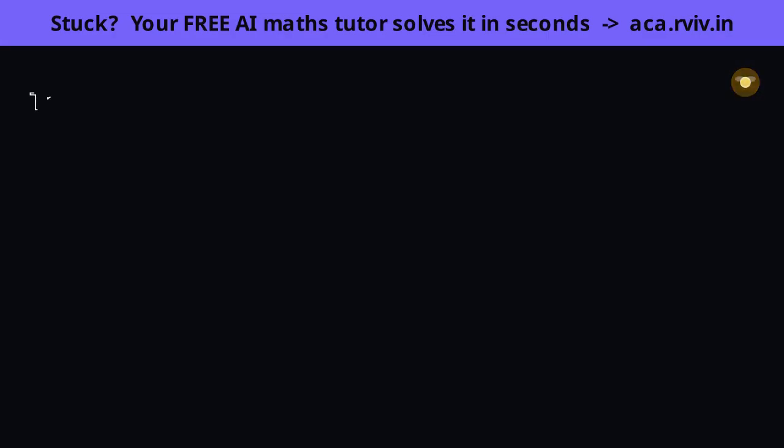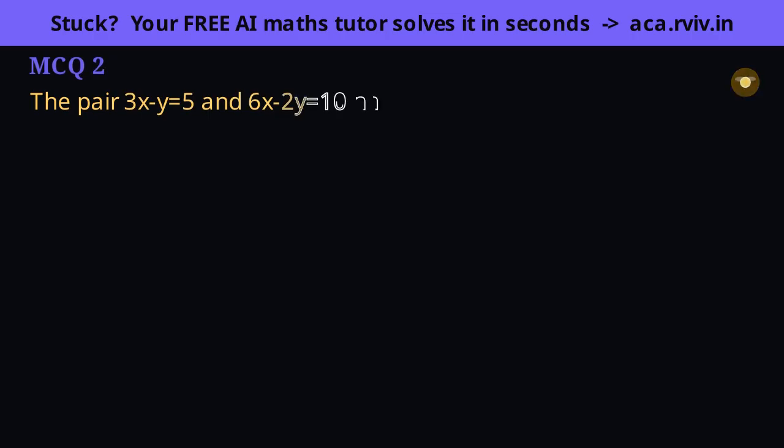The way to crack any question like this is the ratio test. Compare all 3 ratios because they decide between one solution, none, and infinitely many. Notice too that exactly 2 solutions can be ruled out immediately. 2 straight lines can never meet at exactly 2 points, so that option is a trap by design.